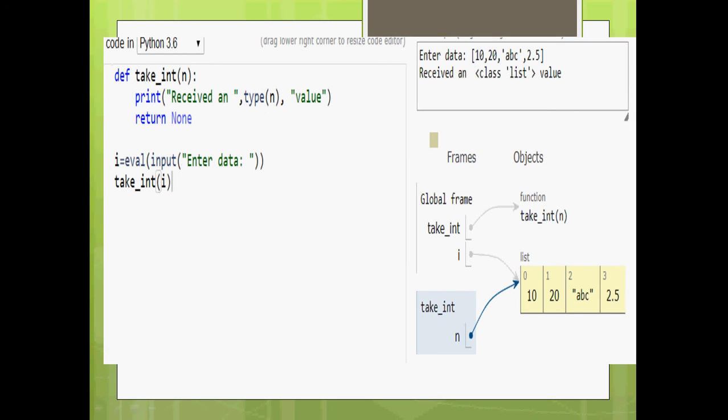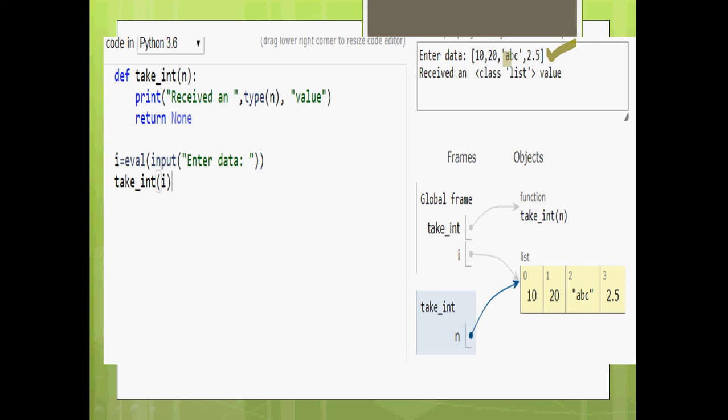Now in the second one, I am running the same program. There's no difference in the function or the main program at all. The only difference is the value entered by the user. Here you can notice that when the input dialog came, what I entered in the input box is a list: square brackets with comma separated values.